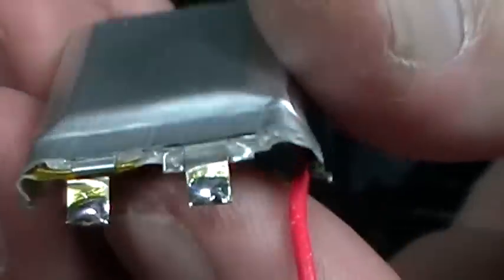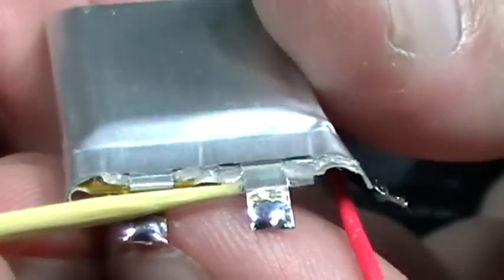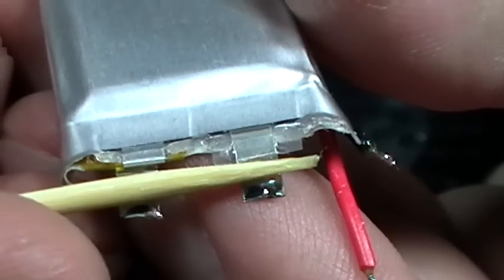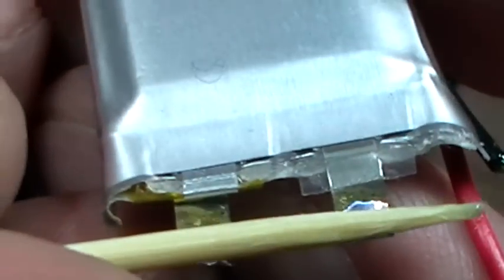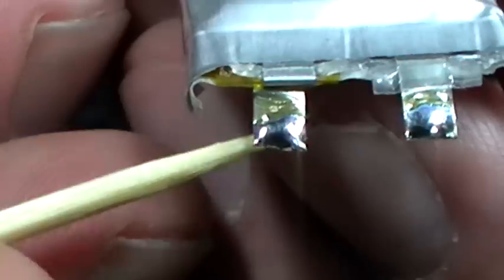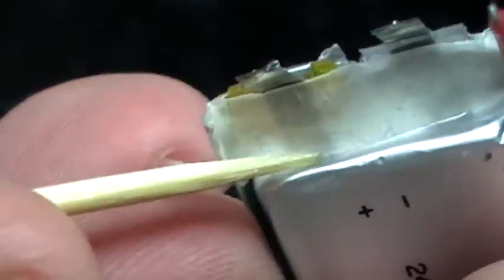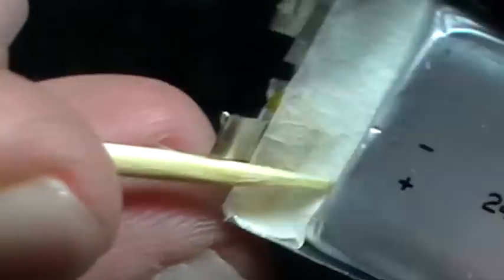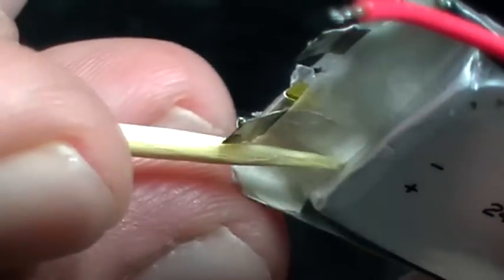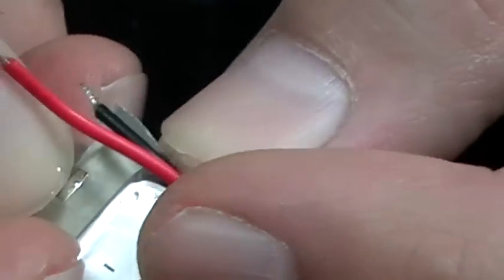Okay, so what I did was, on this side I prepared the tabs. Now as you can see, that's a toothpick, so it's a little bit longer than a toothpick there. The reason being is that when I fold these over, I don't want them touching this section of the battery here, so I want them just coming short of that. So what I do is I fold it over,